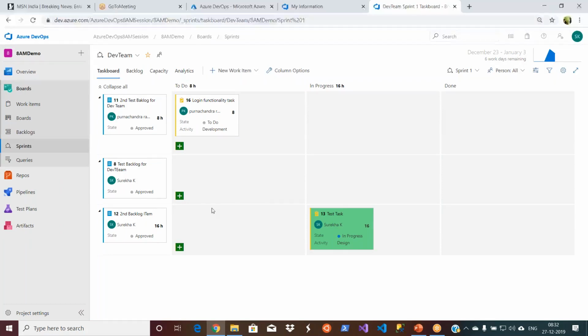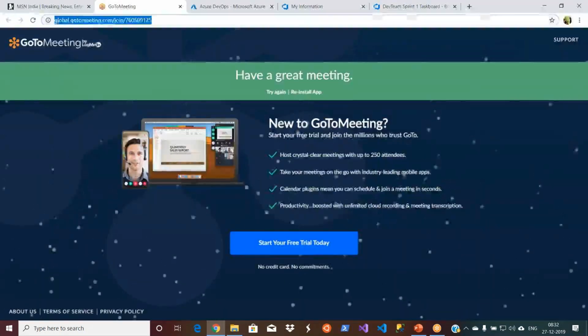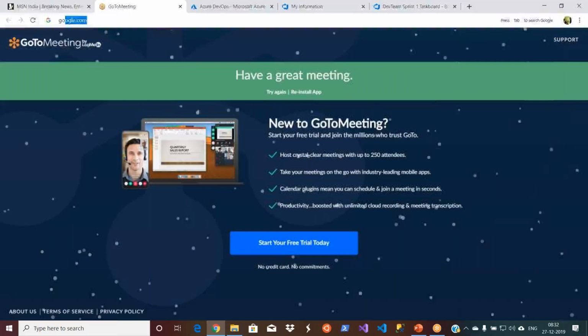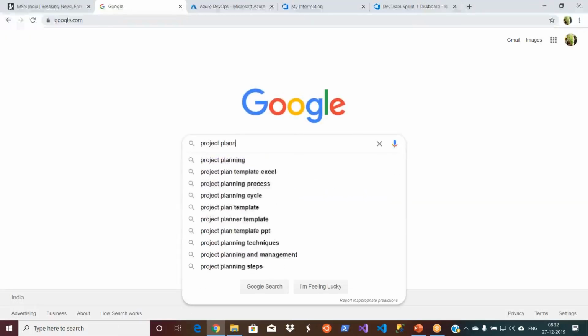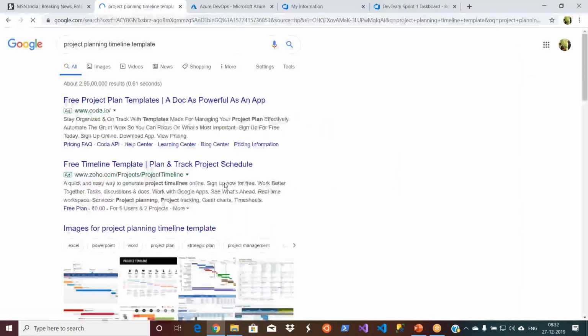So basically it looks like this. I mean, you can just Google it. So there will be n number of timelines, right? There is no one standard template. Everyone uses their own. So something will be like this.